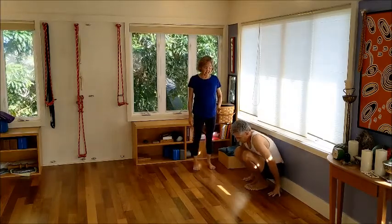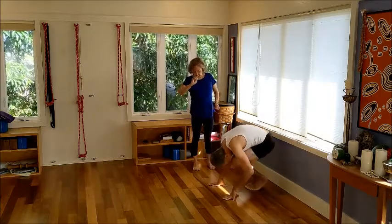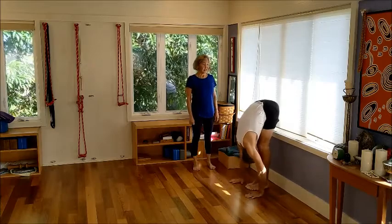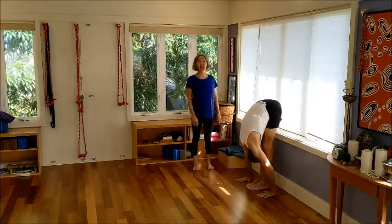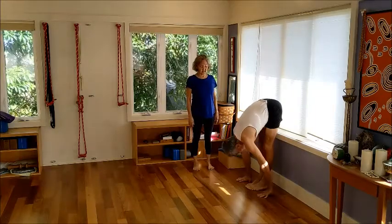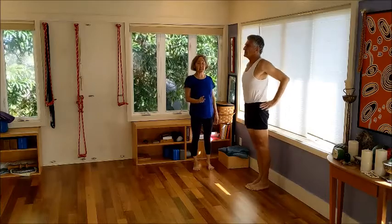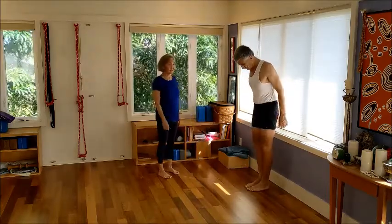Alright, then to come out, hands down, walk the hands forward, take your chin over your knees, and keep the seal of the torso to the front of the legs as you come up through Uttanasana. And then pulling the chest toward thumbs, pull the buttocks down as he comes up. Alright, so